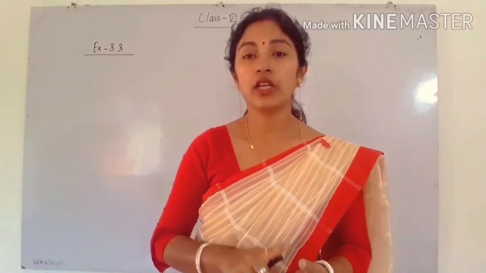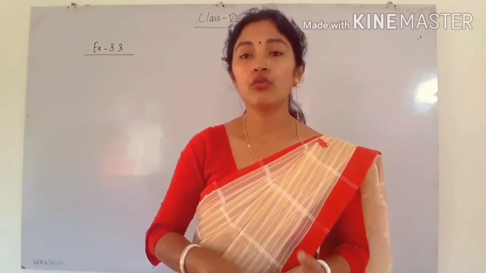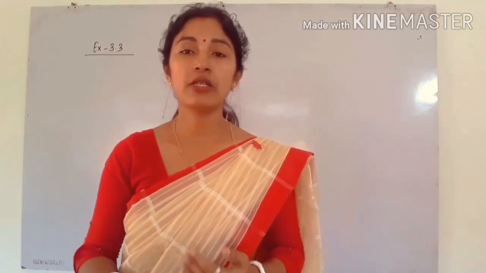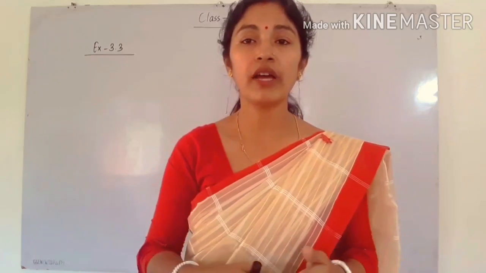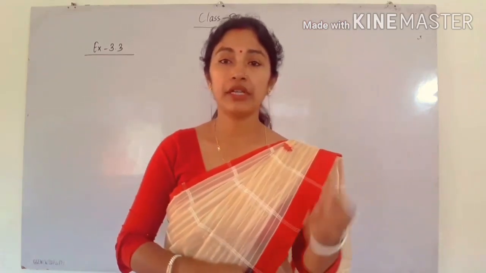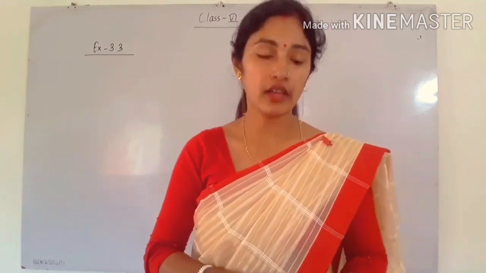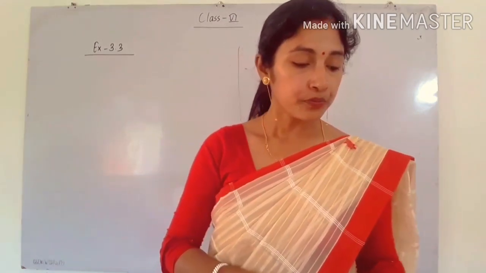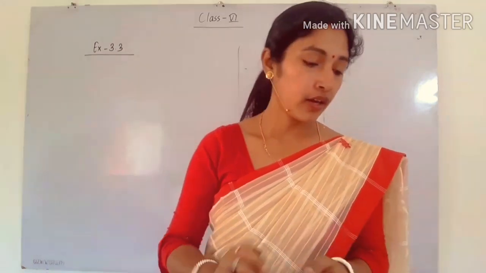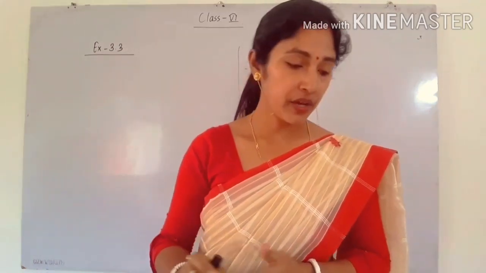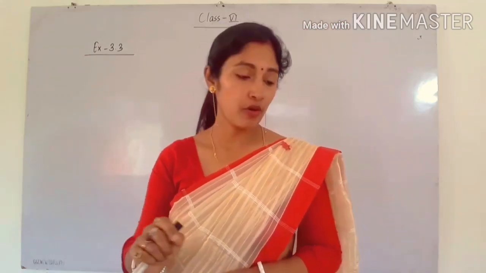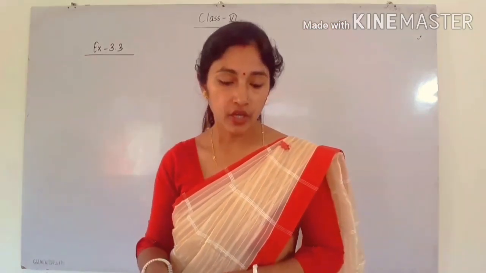If the unit place of the number is 0, 2, 4, 6 or 8, then the number will be divisible by 2. Already we know this by the divisibility test. We have learned that divisibility test in class 4 as well as in class 5. So you have to do it in your book only. Just take one light color sketch pen and color the boxes of numbers which are divisible by 2.